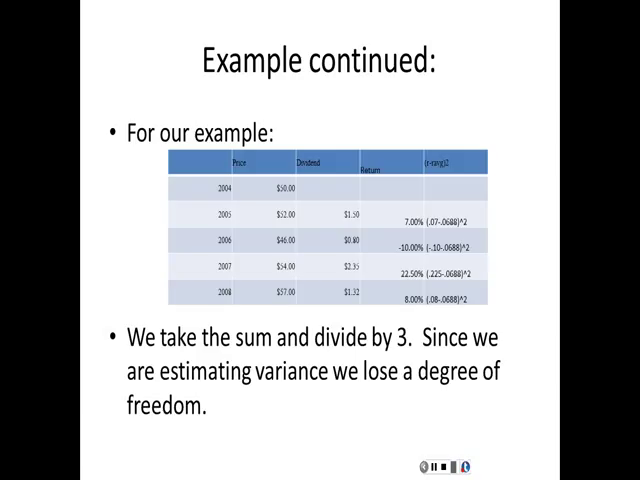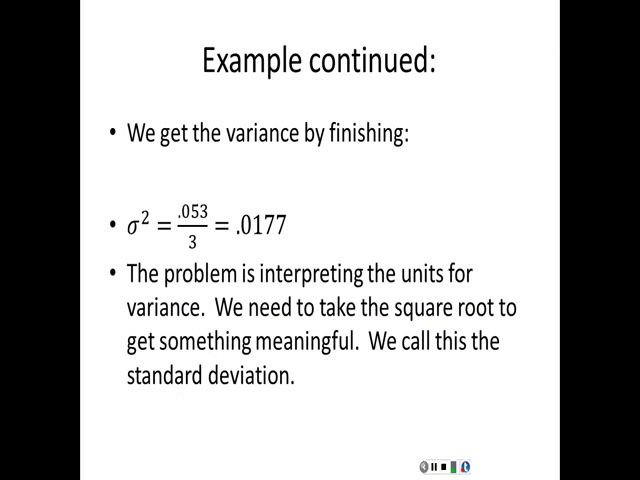So we square each one of these, we're going to add them up, and we divide by n minus 1. Because we're estimating something here. Now, if you haven't had stats, this might be a tough thing to get your head around. If you've had stats, you've seen this. We lose a degree of freedom for those of you who've had stats. So we divide by 3. So our final answer here is